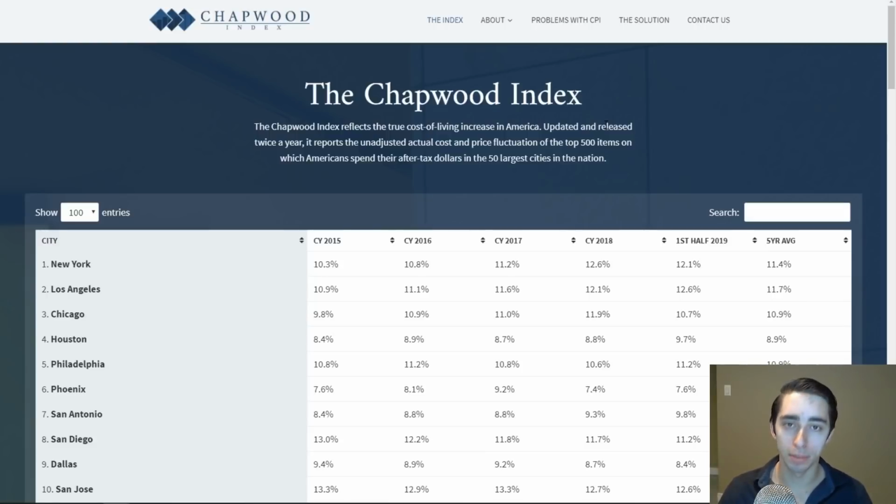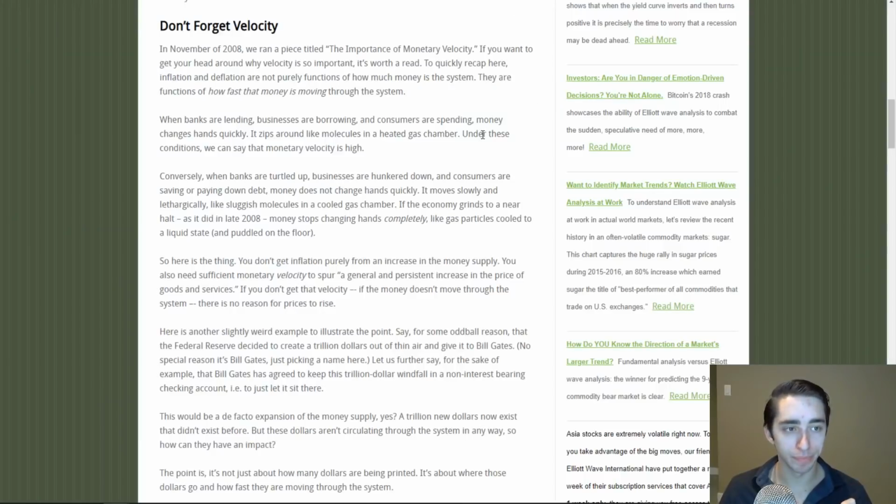It's going up. But there is something even worse to fear in this case, and that is the concept of velocity. There is a difference between inflation and velocity. Inflation is the base increase in the monetary supply, and that can happen when the Fed prints money. It can happen through how commercial banks have built on top of that monetary supply through credit, in the form of fractional reserve lending, where they don't have to have a full account of reserves for the amount of credit that they have in circulation.